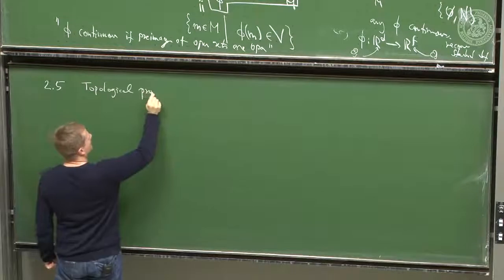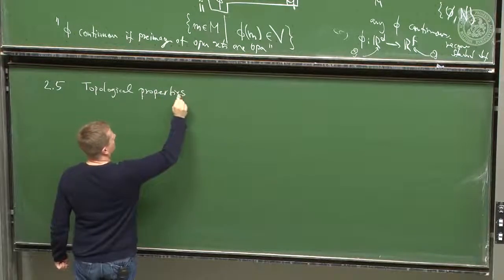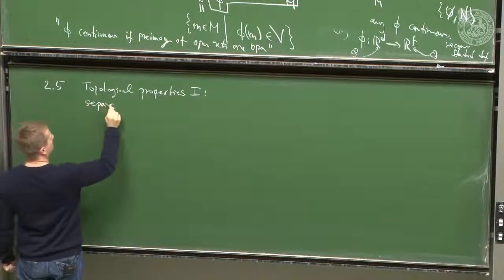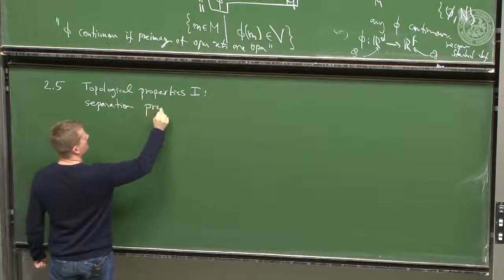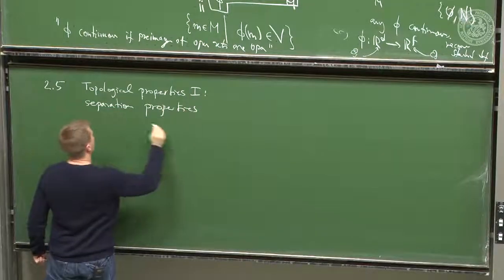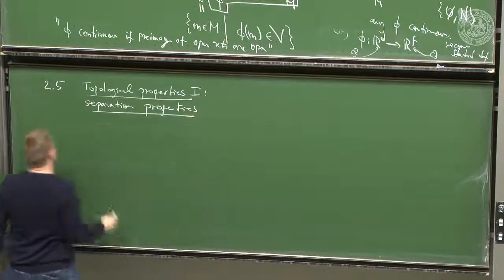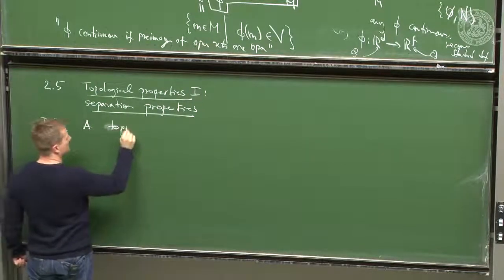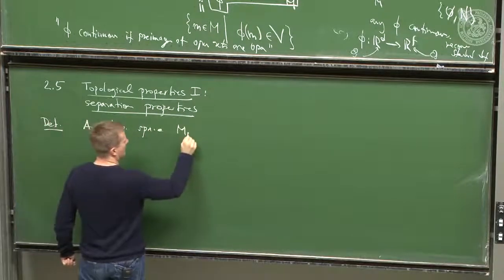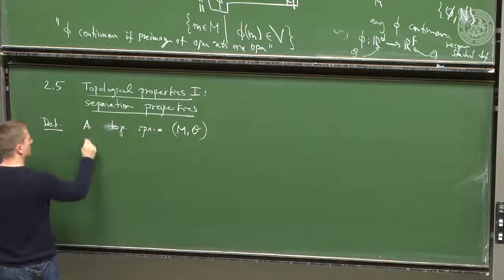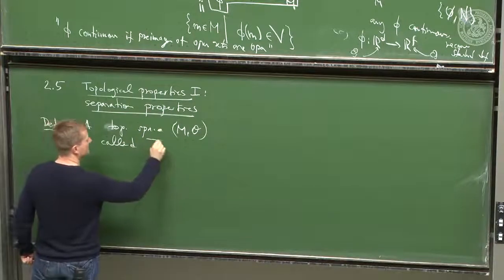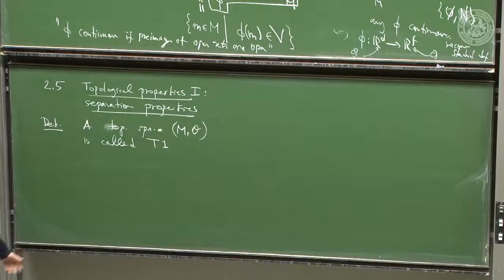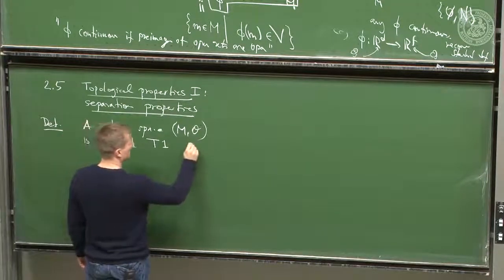Topological properties, 1: separation axioms or separation properties. Definition. A topological space M is called T1. That's the property. It's called T1 if